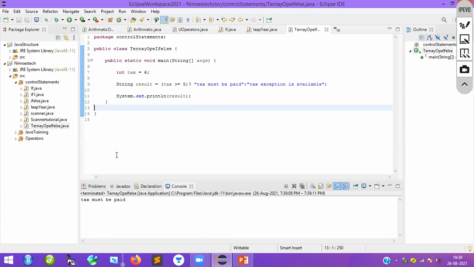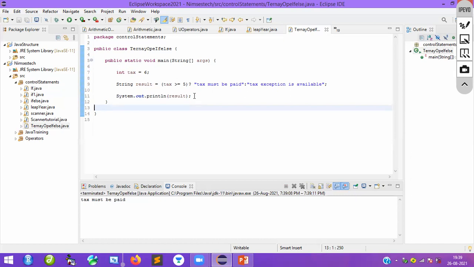So this is the example. You can use it for odd number or even number, young or old. Again, tax. So many examples are there. Real examples. You take whatever you want. Otherwise, reservation is booked or not. Again, train ticket booked or not. Again, amusement park ticket booked or not. So many real-time examples are there. You take anyone. So this is a small example.